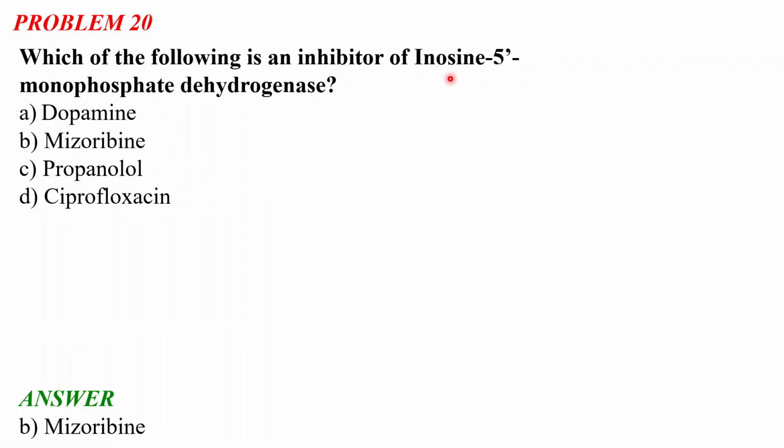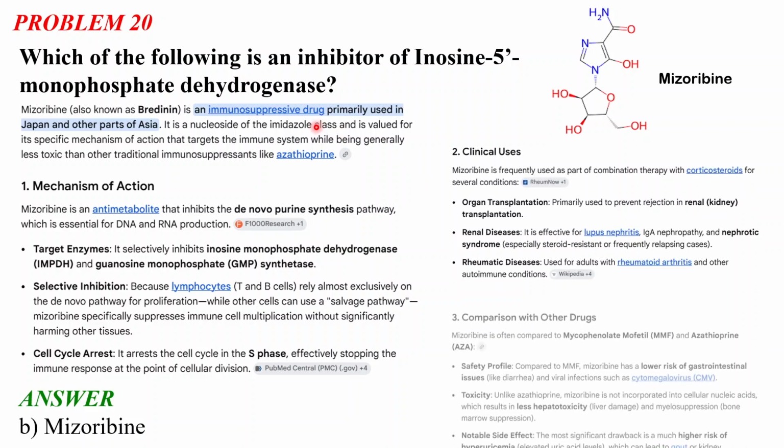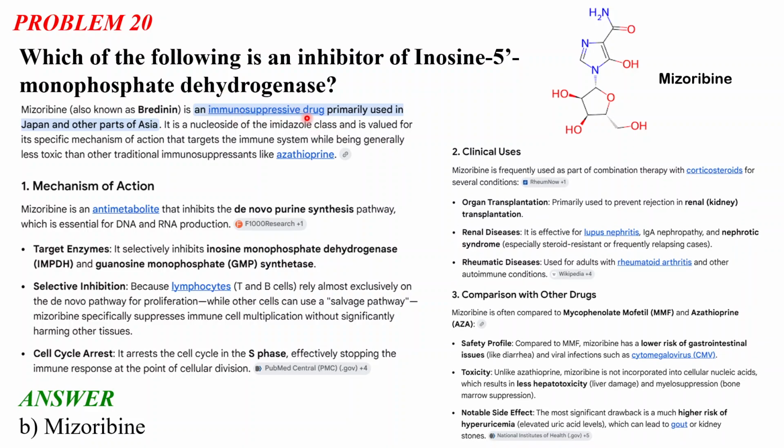Okay, it is the inhibitor of the inosine 5' monophosphate dehydrogenase. So this is the structure of mizoribine. It is also known as bredinin, an immunosuppressive drug primarily used in Japan and other parts of Asia. This is a nucleoside of the imidazole class that is valued for its specific mechanism of action that targets the immune system while being generally less toxic than the other traditional